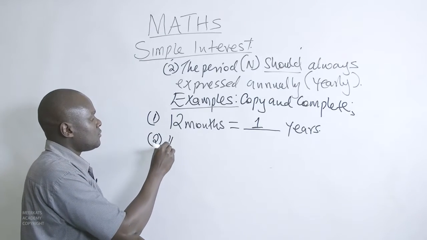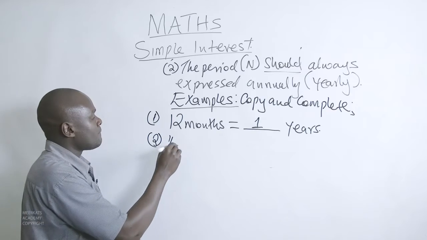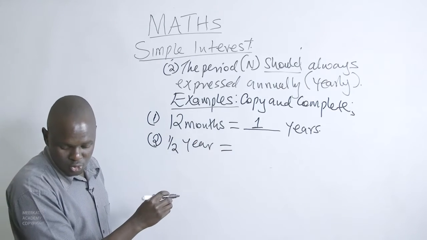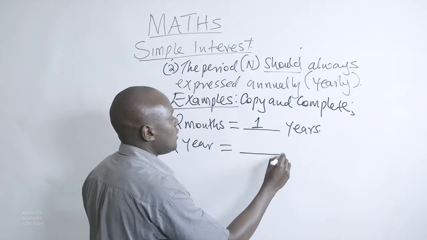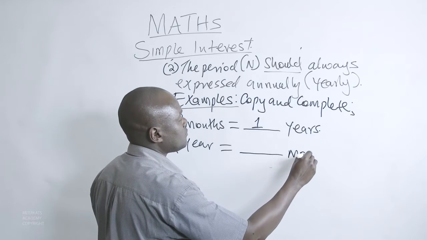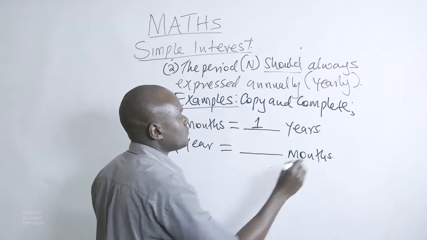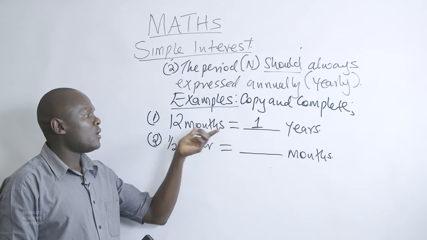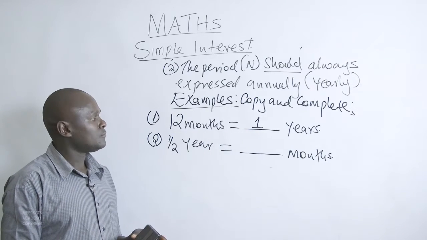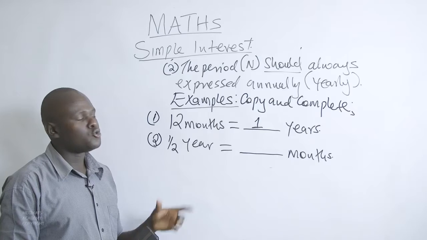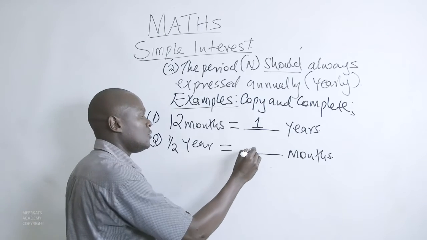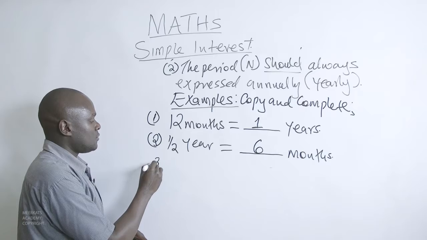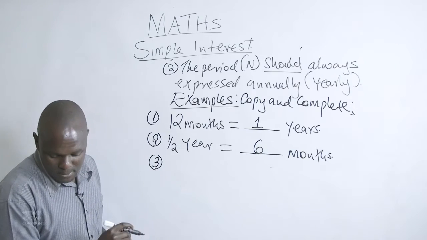Our second example is a half year. A half year is equal to how many months? If one year has 12 months, then a half a year automatically will have 6 months. The third example,